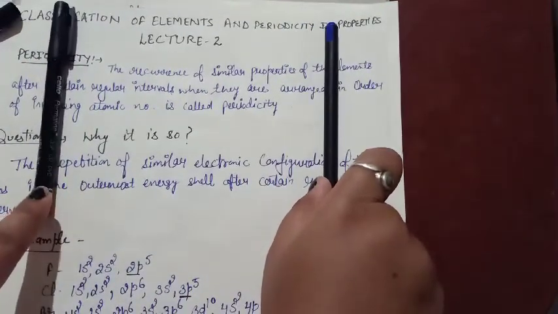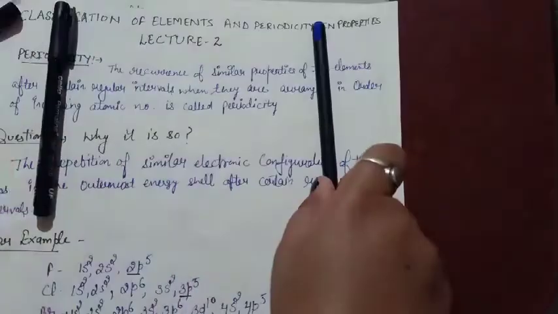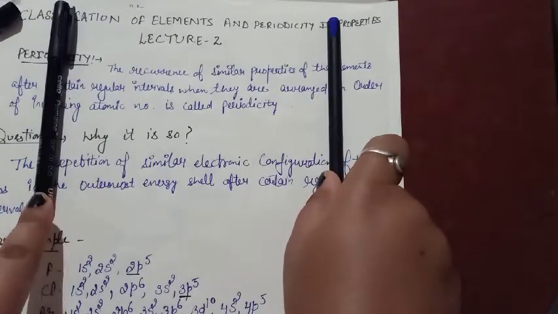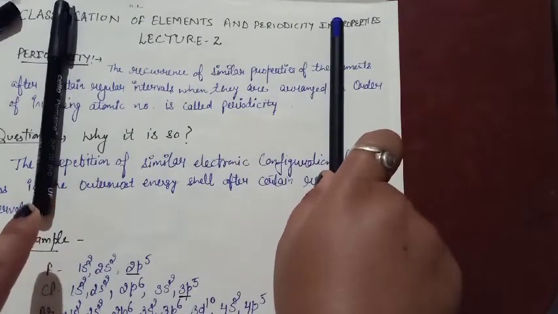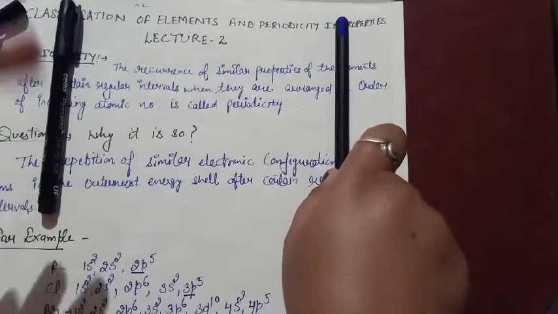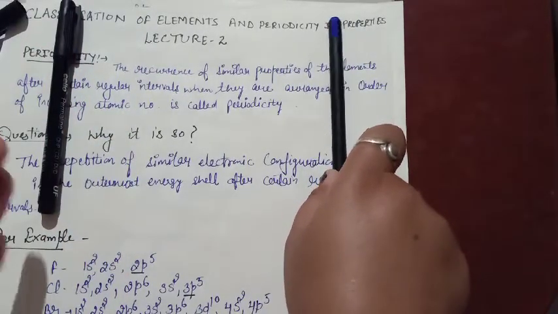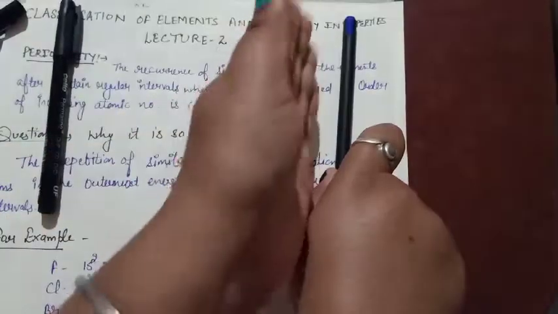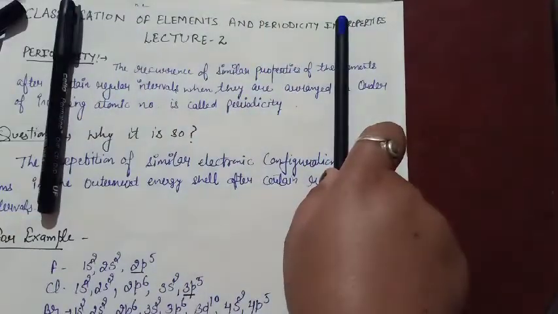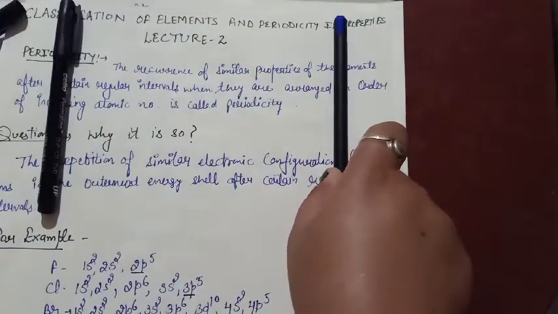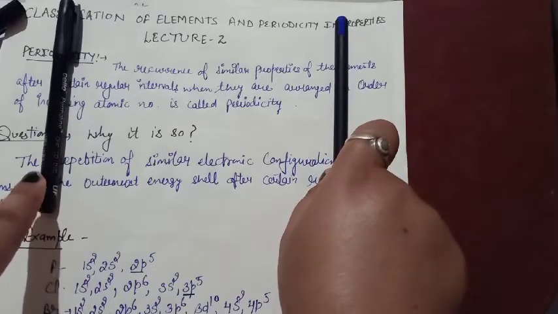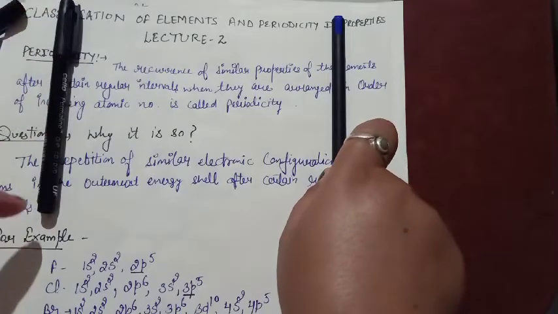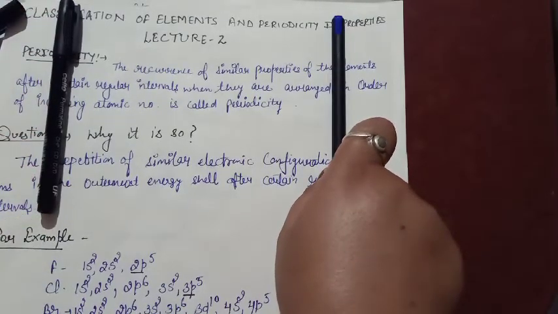While moving from left to right in the periodic table, the elements will have different properties. As we learned yesterday, on the left side of the periodic table mostly metals lie, and on this side non-metals lie. This is the P block, this is the S block, the center is the D block, and below there is the F block. So the S block has properties different from the P block.